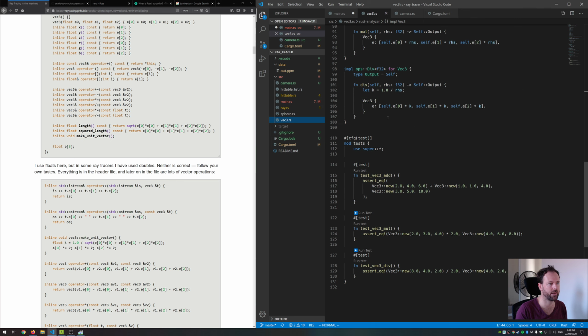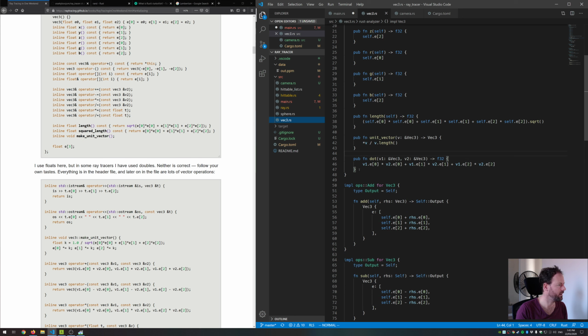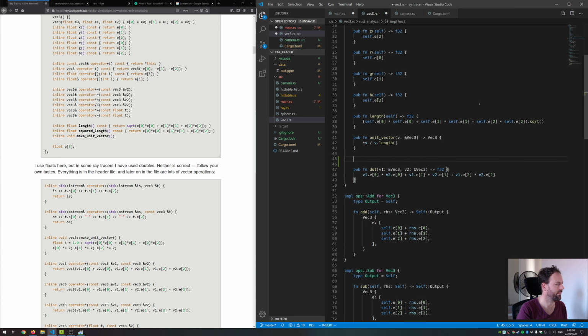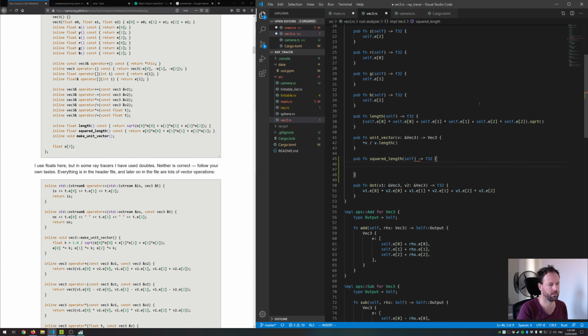So we'll go back to our vec3 class, and we need a new method here called squared length, which returns a float. And then what we do is, sorry, of course it needs self. Then it will be self.e